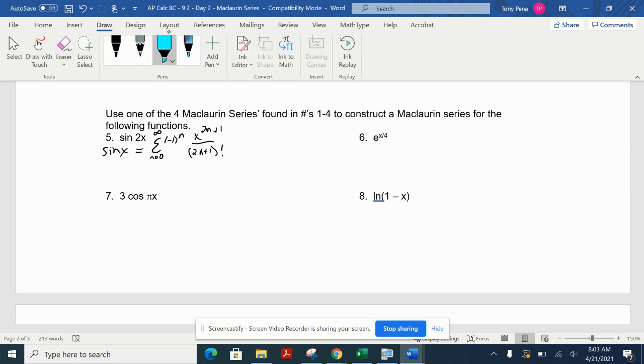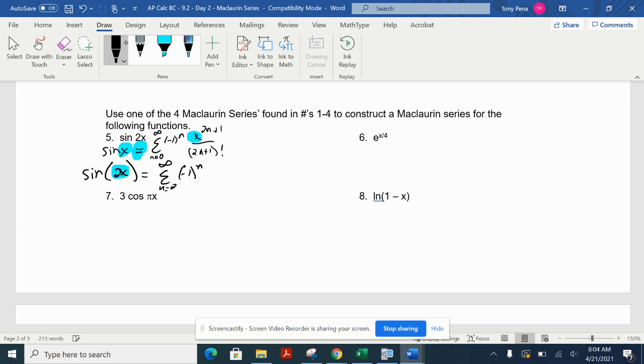Well, the nice thing about these now being stated as equivalent, it's basic algebra. Whatever I do to one side, if I just do the corresponding thing to the other side, then they should remain equal to each other. So if, instead of just sine of x, I now want the sine of 2x, all I did is change my x value, my composite. Wherever I have an x, notice where our x is on the other side, if on the left-hand side I change my x to be twice x, that's all I would need to do on the right-hand side as well. So the series for this guy